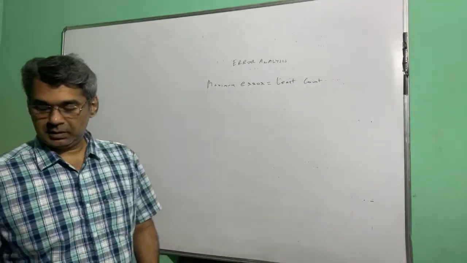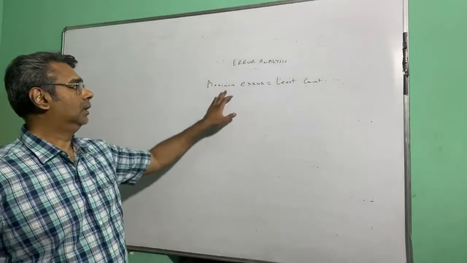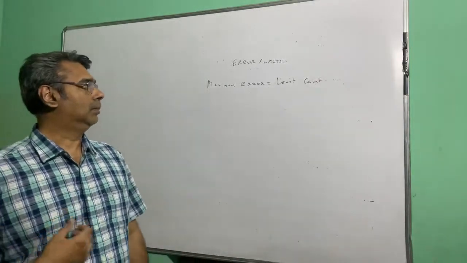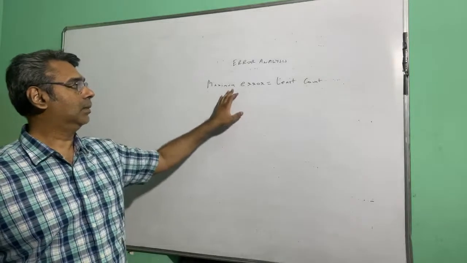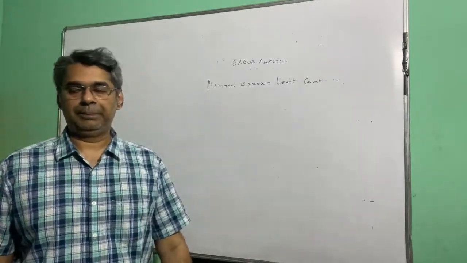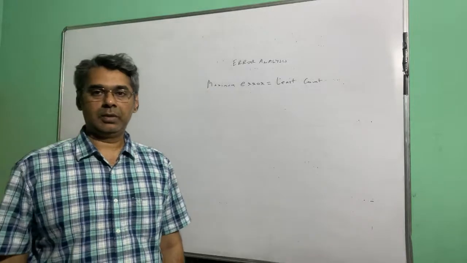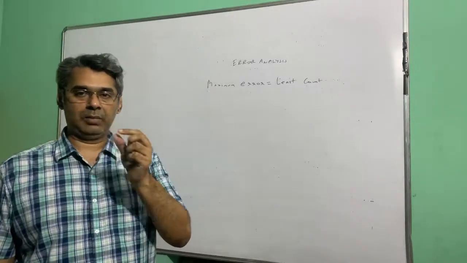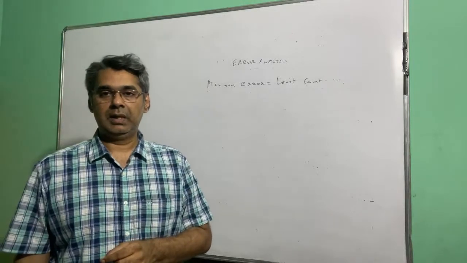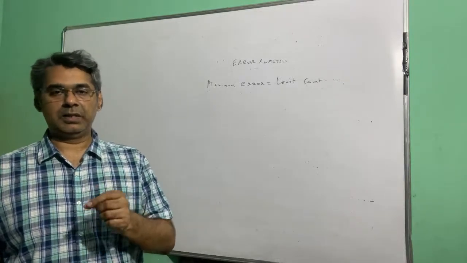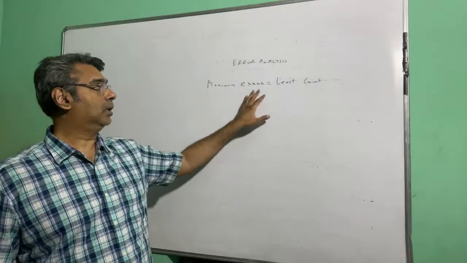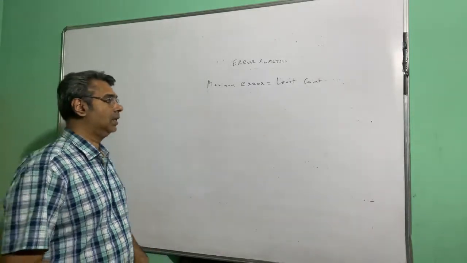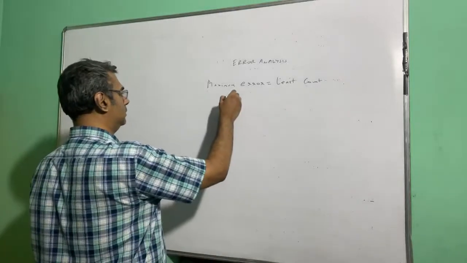So this is the first topic, that whenever you are doing any measurement with an instrument, the maximum error will be the least count. So if you are using a geometry box scale, then the maximum error will be 1 millimeter, because the smallest unit in the geometry box scale is 1 millimeter. That is the least count. So this is a very important thing, that the maximum error is the least count. Now in error analysis, what we do is,